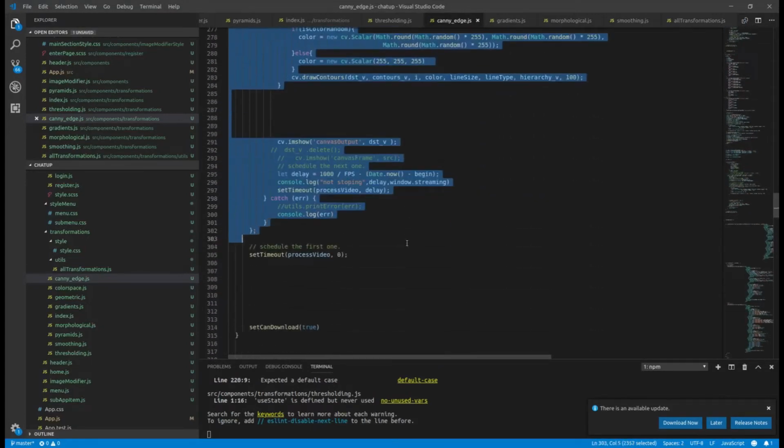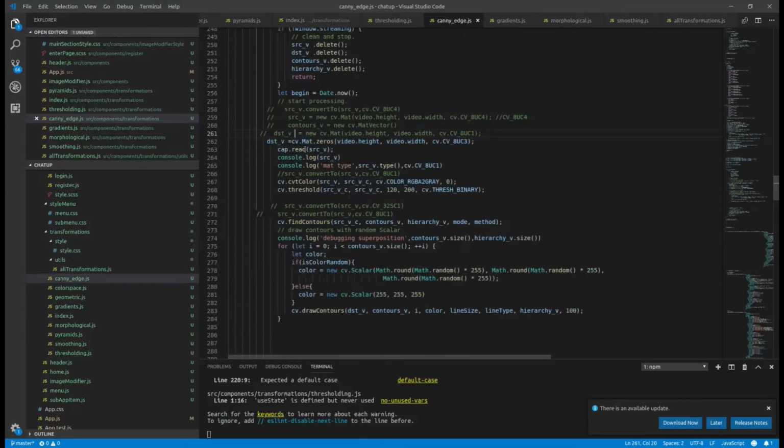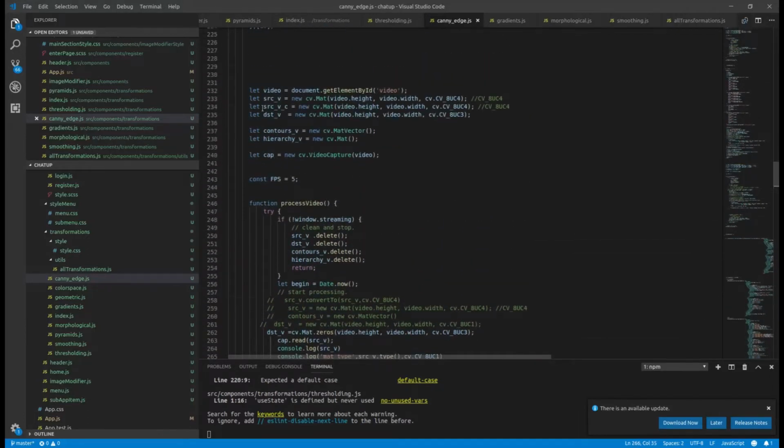And each time you loop, you get an image frame here from the video, and you set that image frame to the matrix object, and you apply the corresponding transformation. But in this case, I had to create a middle matrix object because